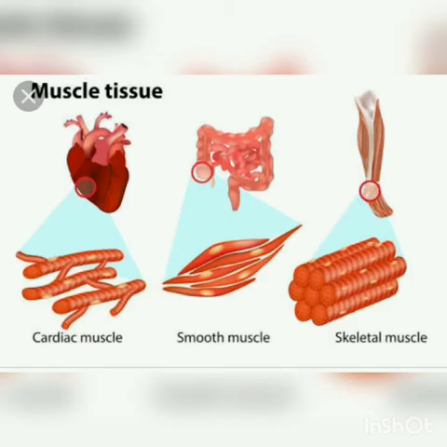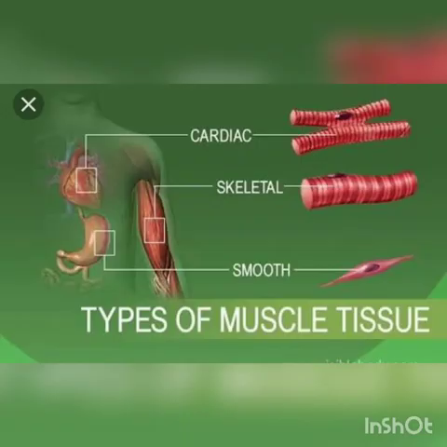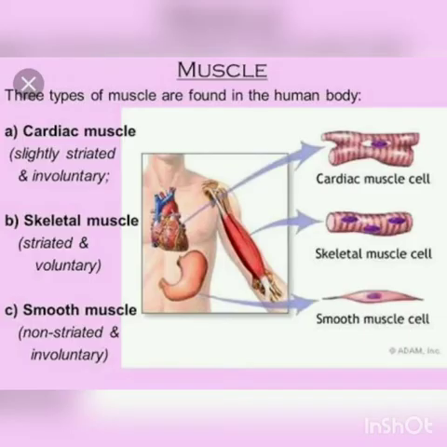There are three types of muscles: skeletal muscle, smooth muscle, and cardiac muscle. Skeletal muscles. First we see what is skeletal muscle. The skeletal muscle tissue is closely attached to the skeletal bones. In a typical muscle such as biceps, the striated or striped skeletal muscle fibers are bundled together in a parallel